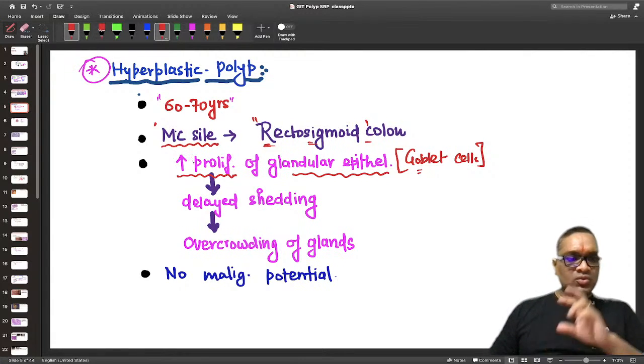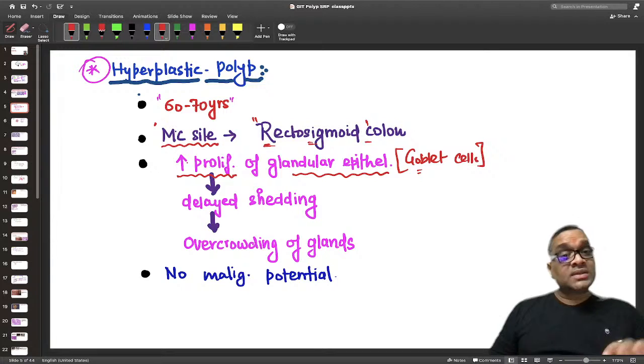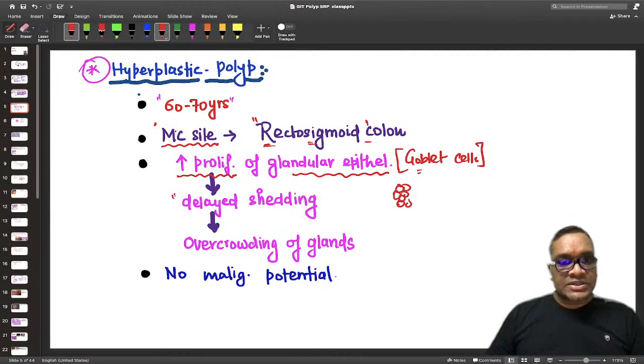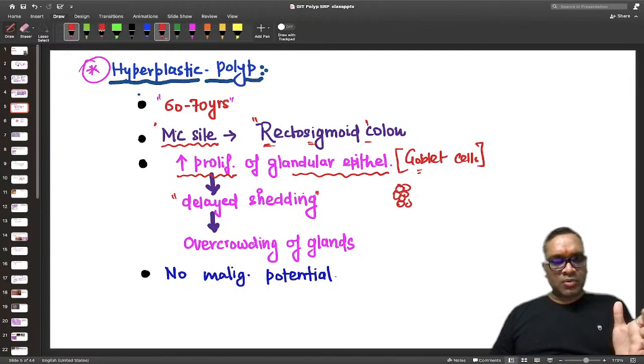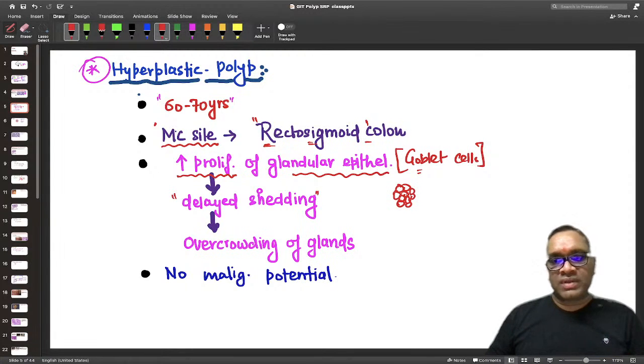And there are two things: one, there is more proliferation of the epithelium, and delayed shedding. Usually epithelium proliferates and then is shed away, but here they are proliferating and there is no shedding, so they will accumulate. And because of this accumulation, when you look inside the lumen, you are going to see